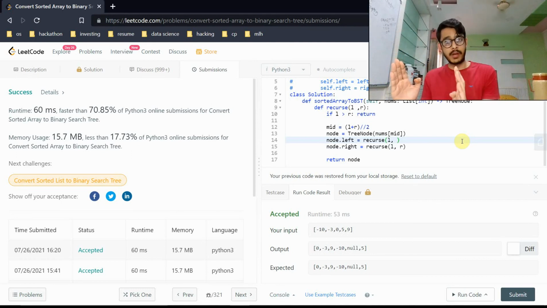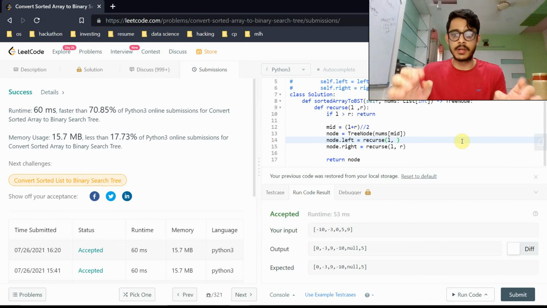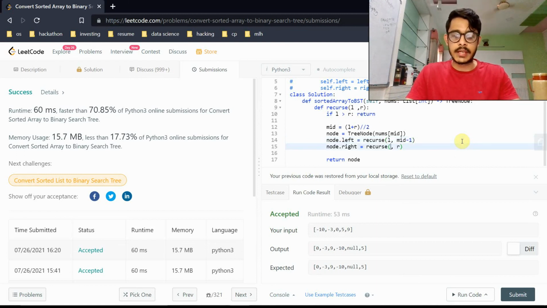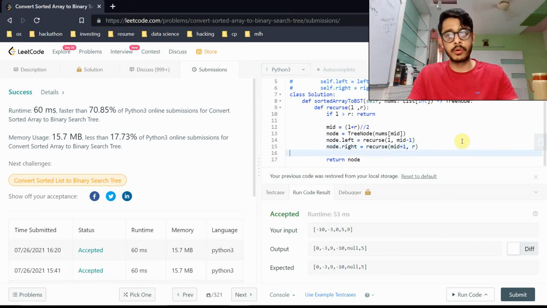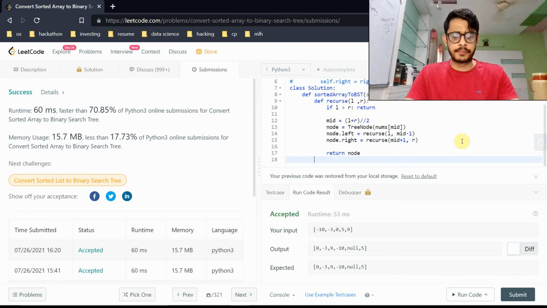We want to go till mid, not including mid. Again, similar to what we saw before. So we'll write mid minus 1. In this case, we'll start from mid plus 1, not mid, but mid plus 1, and go all the way up till right. At the end, return node. And now what do we do? Recurse with L as 0 and R as length of nums minus 1.